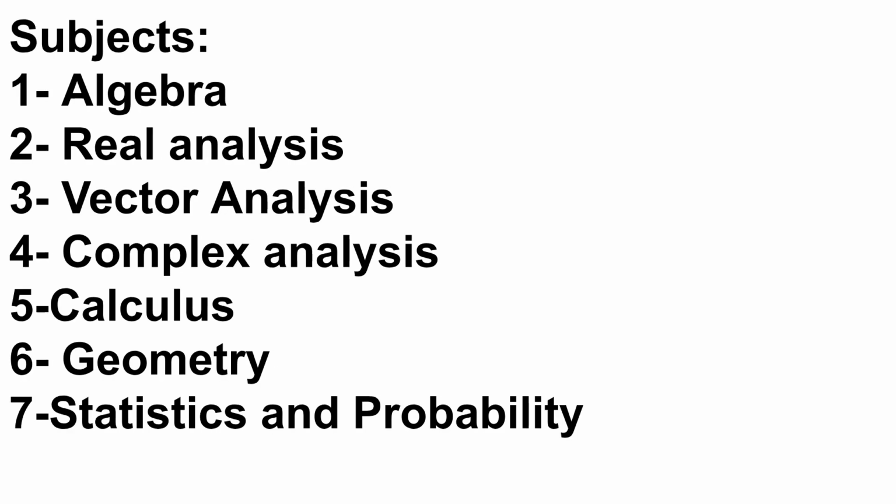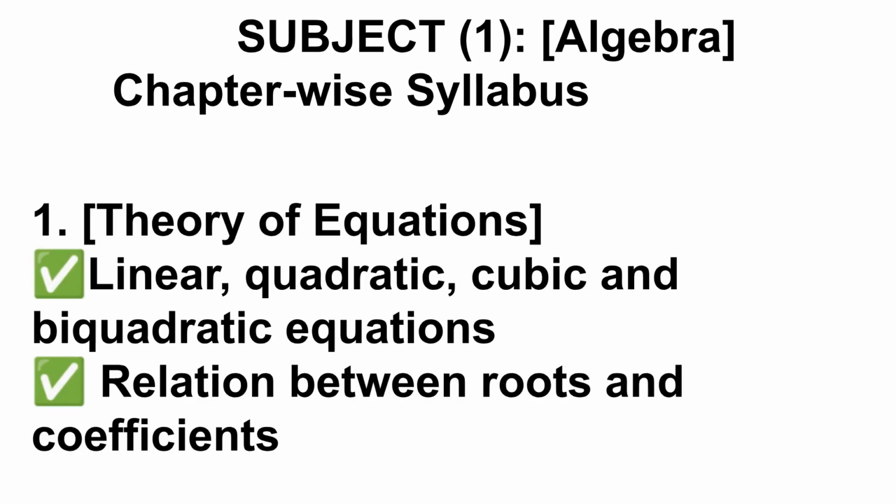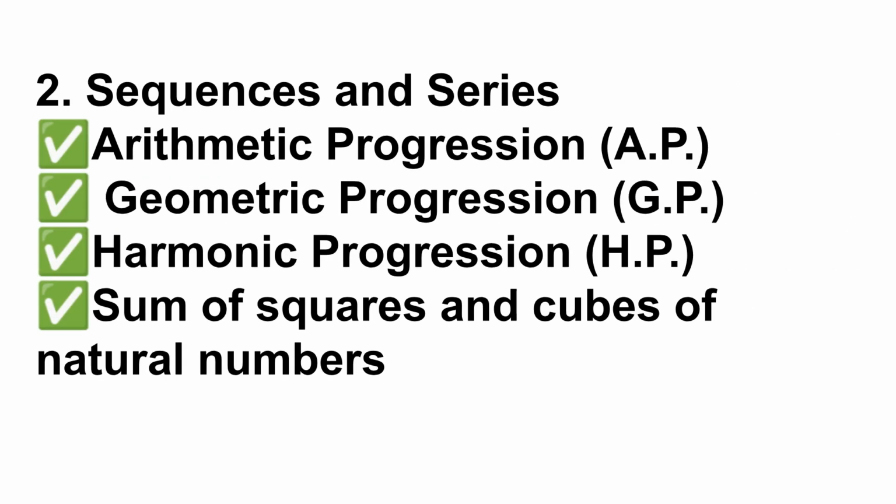The syllabus covers 7 core subjects: algebra, real analysis, vector analysis, complex analysis, calculus, geometry, and statistics and probability. Starting with algebra, the first chapter covers the theory of equations, including linear, quadratic, cubic, and biquadratic equations, as well as the relationship between roots and coefficients. Next in algebra are sequences and series. You should be familiar with arithmetic, geometric, and harmonic progressions, along with the sums of squares and cubes of natural